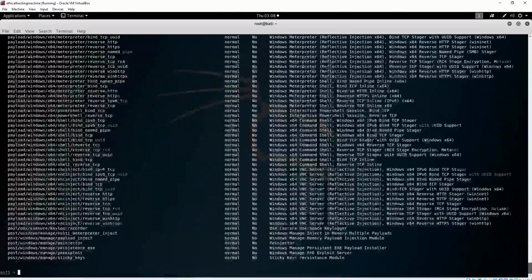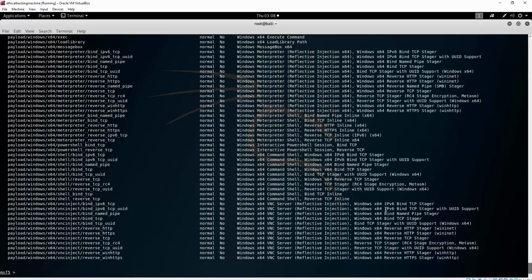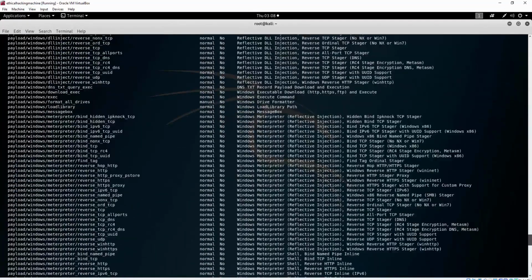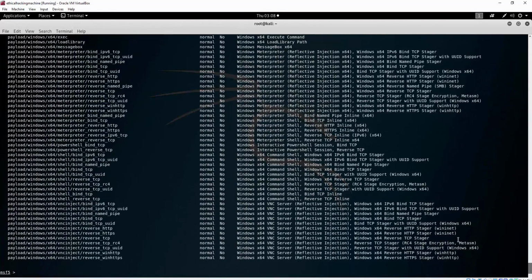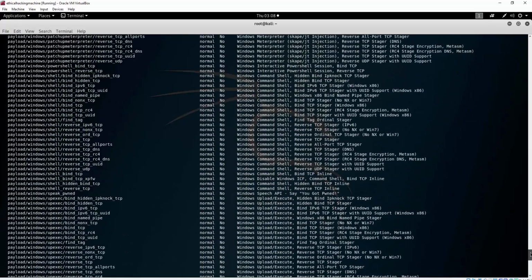But what we want to do now is search payload and then Windows, and then press enter, and so we can only get the Windows payloads right here. Now most of these you will most likely never use. As I said, the most important ones and the ones that we will use right now are these two. So windows/x64/meterpreter/reverse_tcp. Now that is the Meterpreter payload for the x64 or 64-bit Windows,